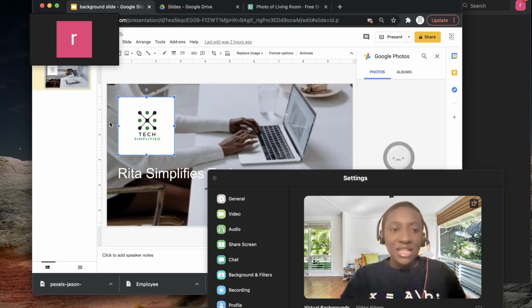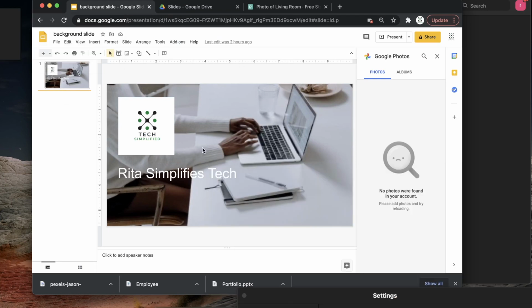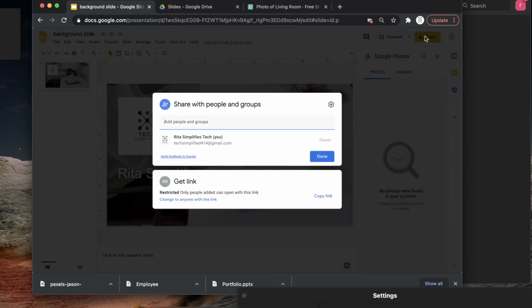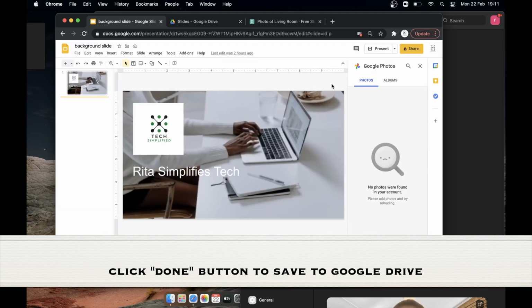I'm using Google Slides and I've designed this on Google Slides. I will just quickly download it by sharing it to my Google Drive. So I want to use this as my background image, for example, a PowerPoint slide. But first, before I can use it, I have to change it to PNG or JPEG so it will recognize it as a picture. I'm just going to save it on my Google Drive